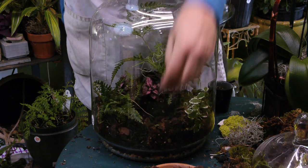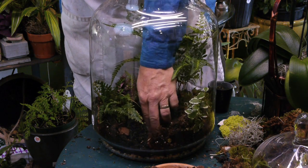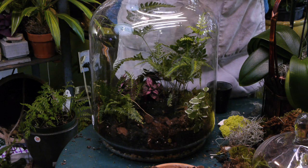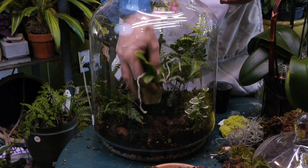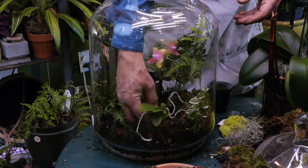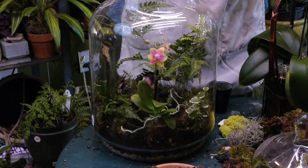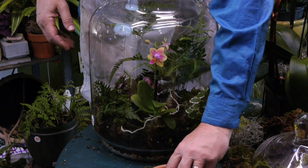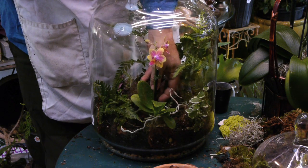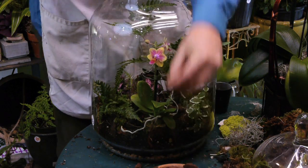Pushing that around, making its nest, so that all of this terrarium moisture is only on the flower part, not on the root part. Placing that in our hole, turning it so it's at its best, and then taking more bark, and not soil in this case, because we do want the air to be around it, and filling that area in around the orchid